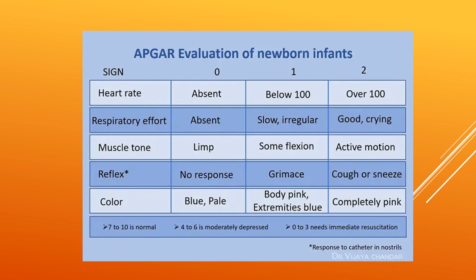So this is the normal score. 7 to 10 is normal, 4 to 6 is moderately depressed, then 0 to 3 needs immediate resuscitation. Hope you understood